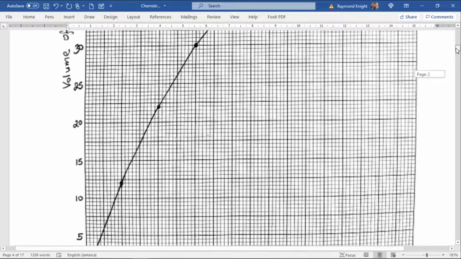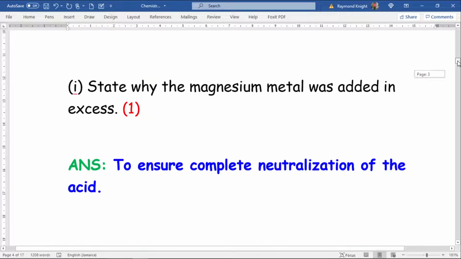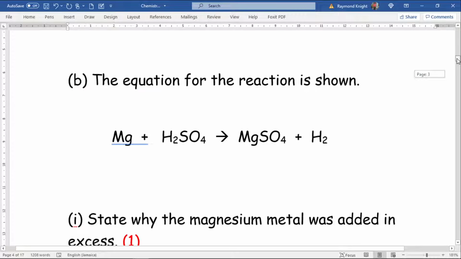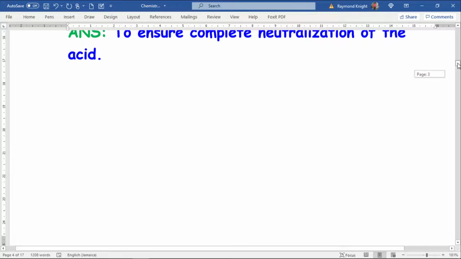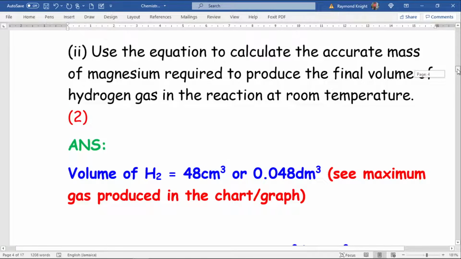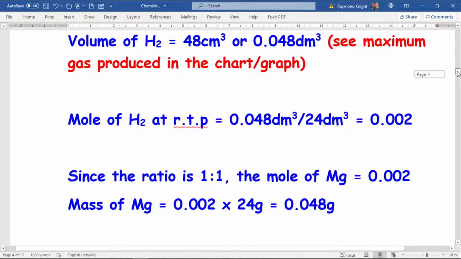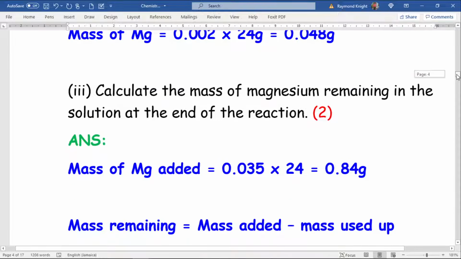All right, I'm too far up. So I just want to show you the magnesium right here. Okay, that's the equation right there. Great. What I want to point out is that to get this number, based on the mole we calculate, if we want to find the mass of magnesium added, it's going to be